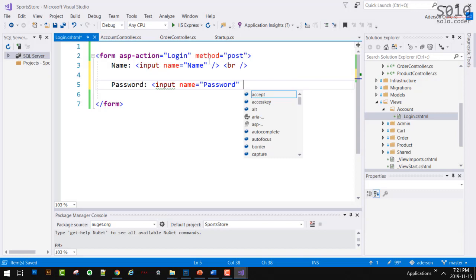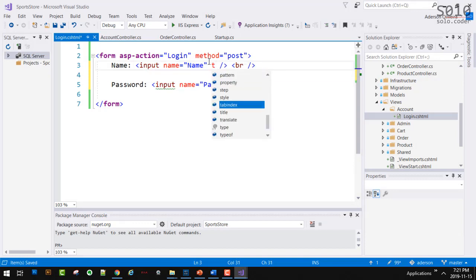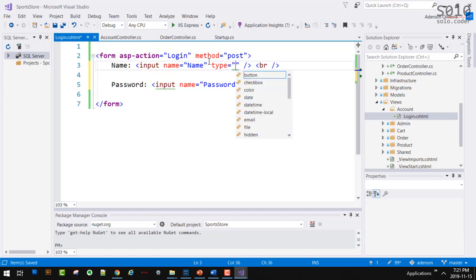Here I could have set type equals to text as well. And for the password, I'm going to say type equals to password, so that it can mask, put the asterisks or the dots in the password. They have such a specific name of the type, so we have to put password.